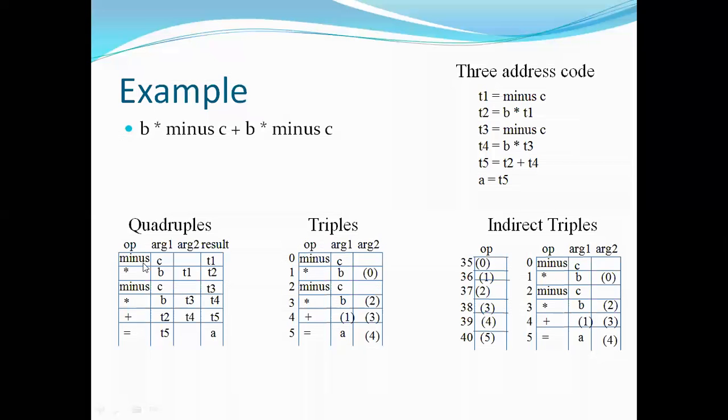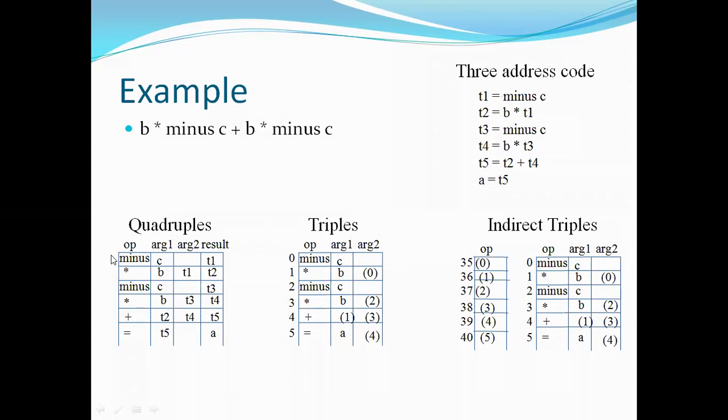See, it is the same way we represent the quadruple table, the same thing here, but here we are giving sequence numbers to each and every row: 0, 1, 2, 3, 4, 5. 5 rows and 3 columns. The columns are operator, argument 1 and argument 2. Here, instead of writing T1, T2, T3, T4, I am using pointers, and they act as a reference from the symbol table, just by giving the sequence number: 0, 1, 2, 3, 4, 5, right?